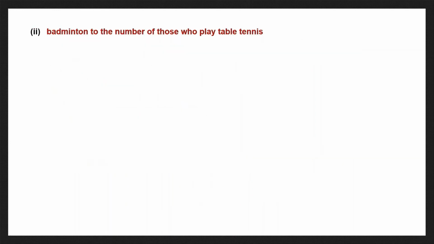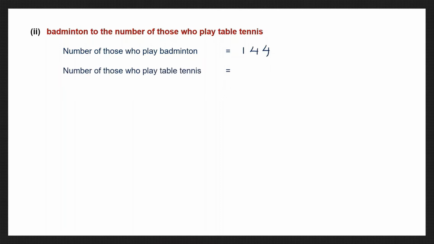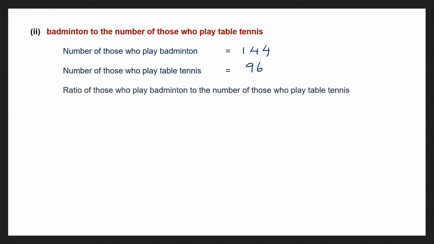5:18. Next one. The ratio of number of those who play badminton to the number of those who play table tennis. So number of those who play badminton is 144, given in the question. Number of those who play table tennis is 96. This is also given in the question. Now we need to find the ratio of those who play badminton to those who play table tennis. So badminton is 144 and table tennis is 96. So this is a ratio which we're going to simplify, write it as a fraction,